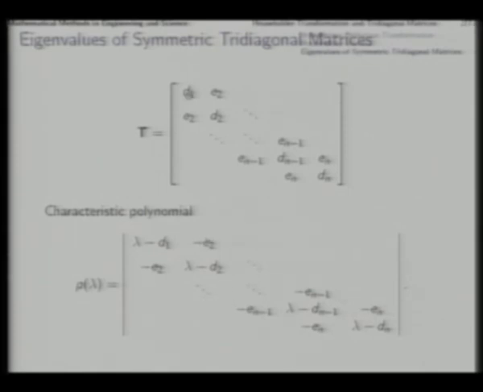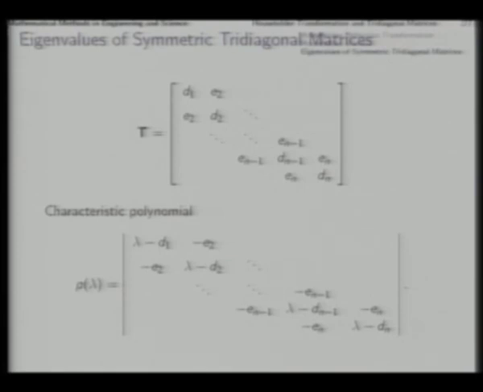Note that d is indexed from 1 to n, and e, the subdiagonal and superdiagonal entries, which is 1 less in number, they are indexed starting from 2. It could have been indexed as e1 to en minus 1, that would be equivalent to this, but in this analysis we have indexed it from e2 to en. So, there is nothing called e1 in this analysis. Fine. So, with this characteristic polynomial,